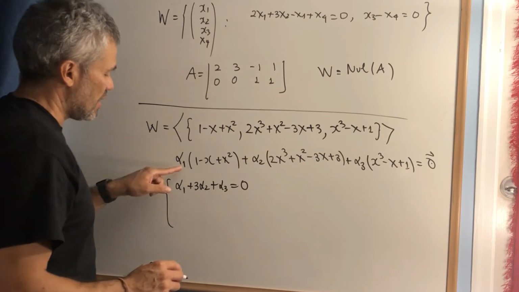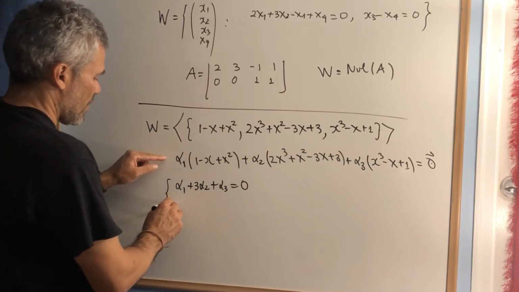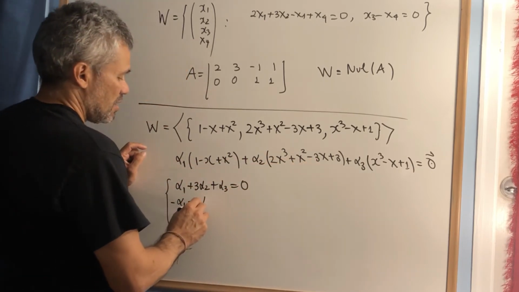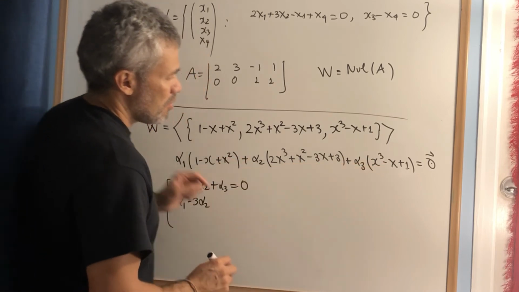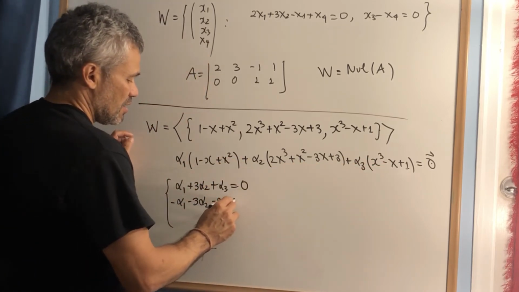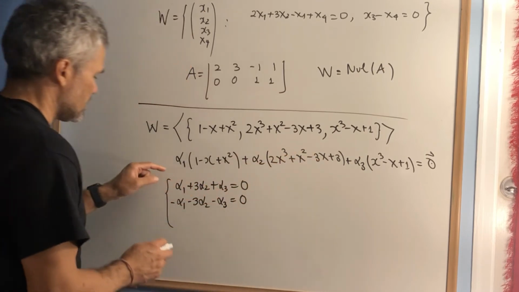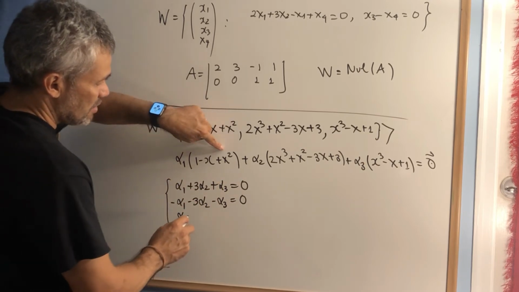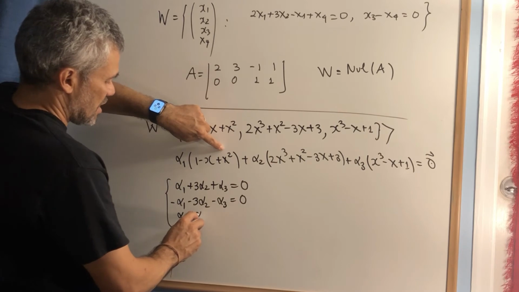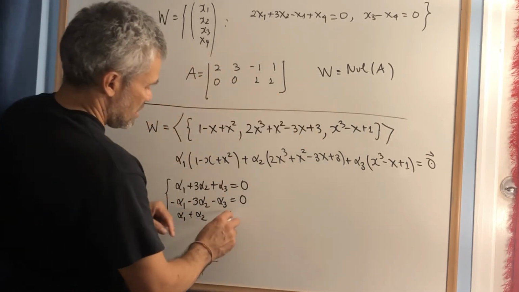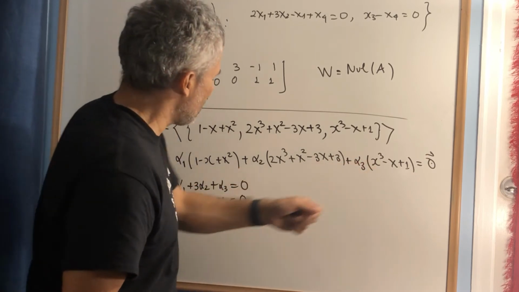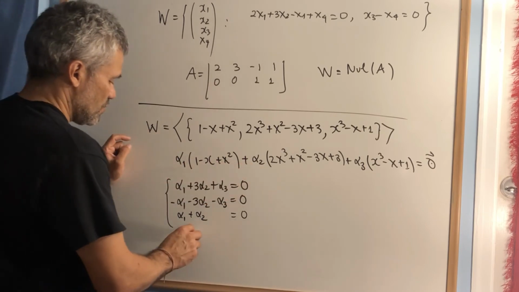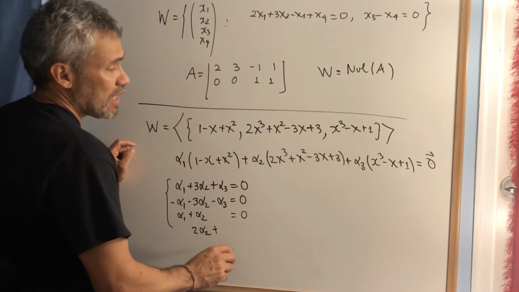must be 0. The coefficient of x, we have negative alpha 1 minus 3 alpha 2 minus alpha 3 equals 0. And then we have the coefficient of x squared, alpha 1 plus alpha 2 equals 0. And then the coefficient of x cubed, we have 2 alpha 2 plus alpha 3